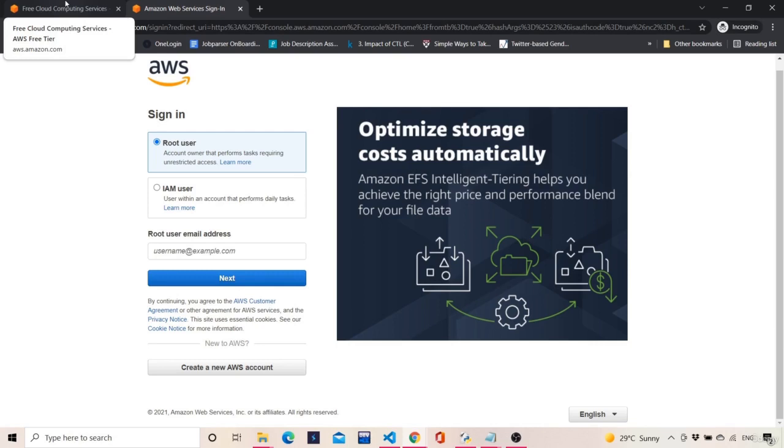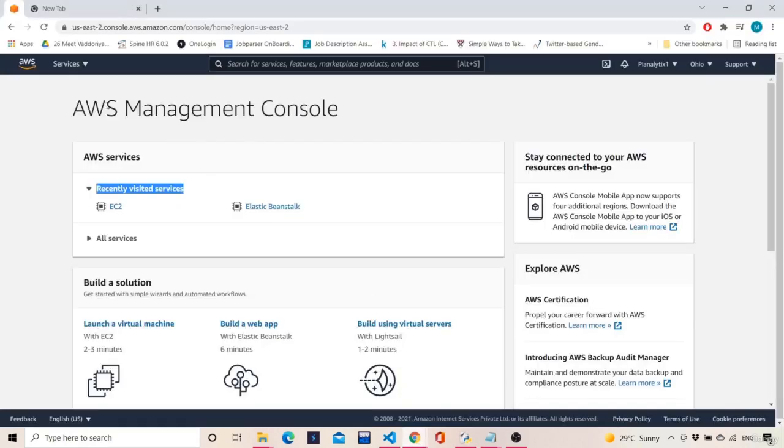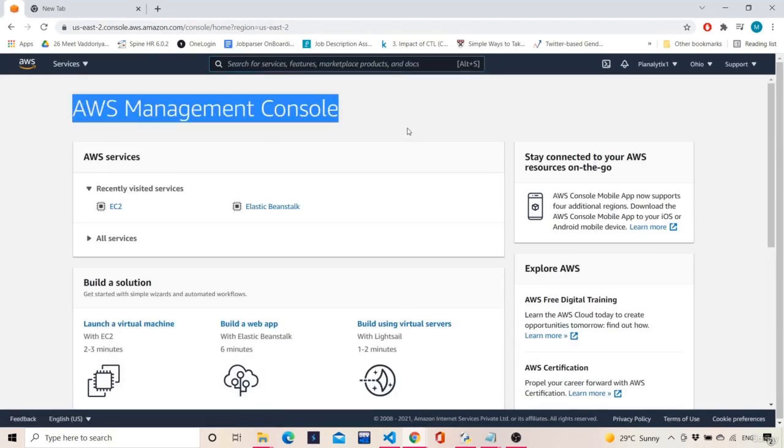So if you want to display something on the web for a short period of time, use a free account. If you don't want it for a short period of time, take the premium account of AWS. After doing everything, the console will look something like this: the AWS Management Console. You just click on this AWS and you will be brought to the same page.